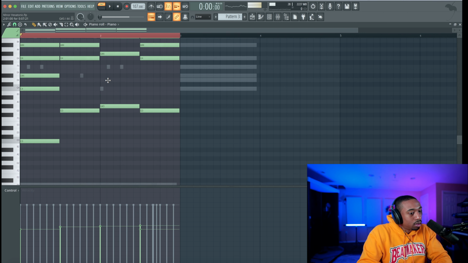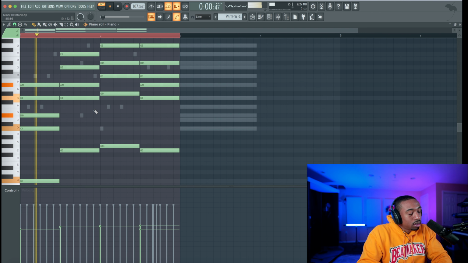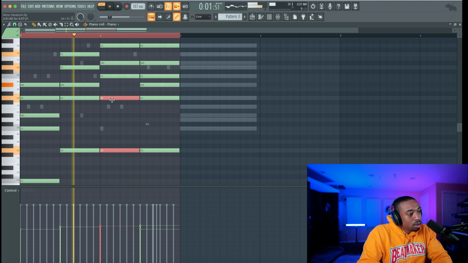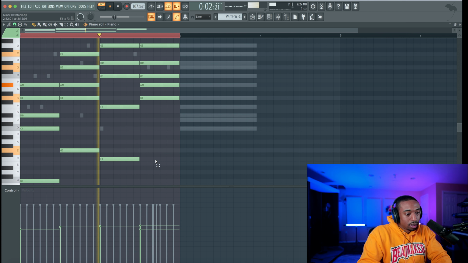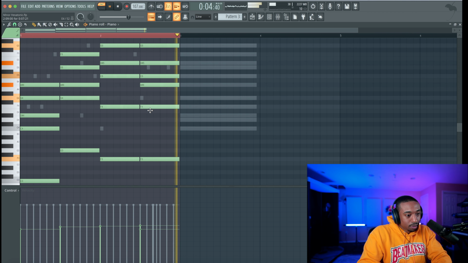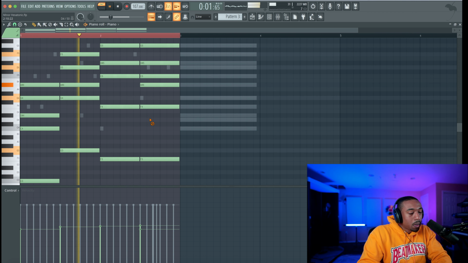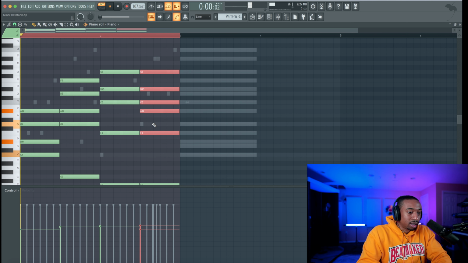Now I'm gonna go dun. My ear wants to go dun dun. Dun. So I'm trying out different bass notes. I like F more than I like G. But it makes this feel like we're not changing, so I need to figure out how to make this feel like we're changing.